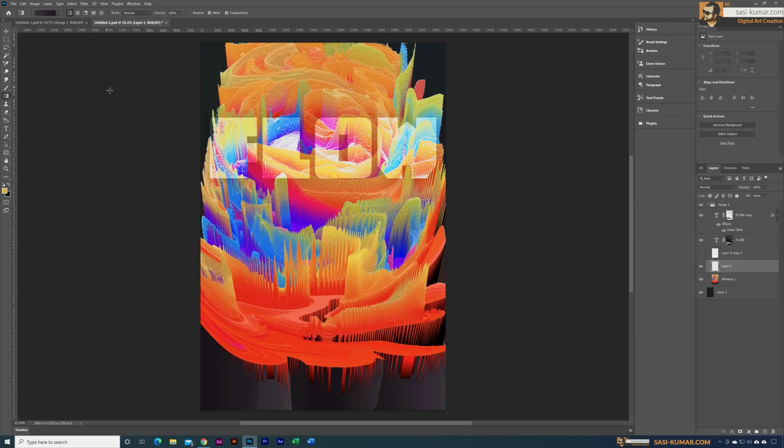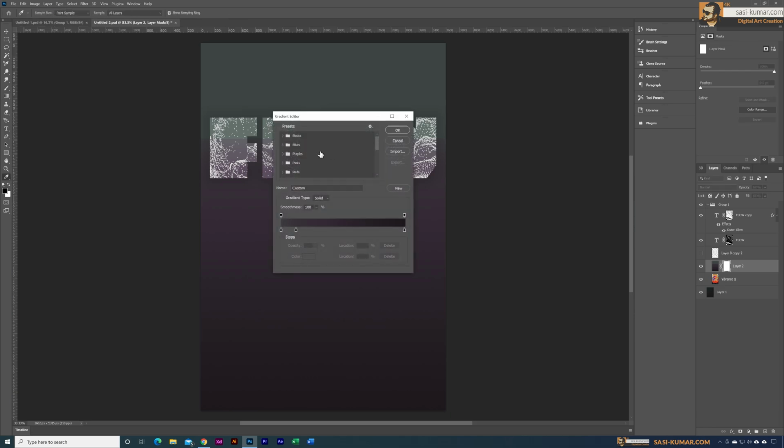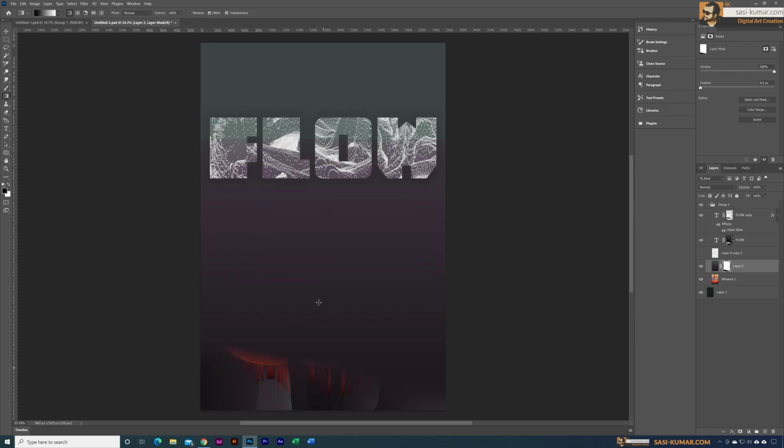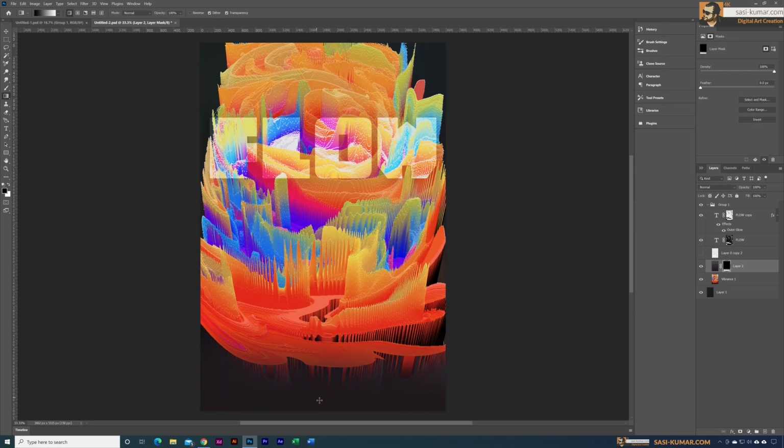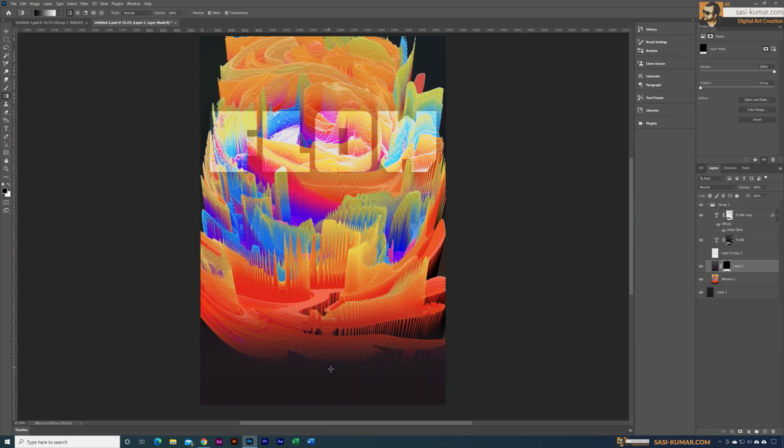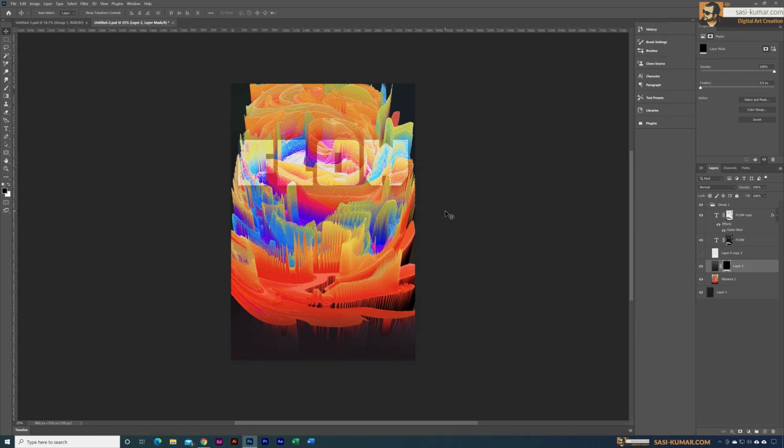Lastly, I applied the same gradient to the entire artwork in a new layer on top of the colorful 3D layer and applied a mask for the opacity so that the bottom portion blends nicely with our background. As I said, I had multiple copies of this poster design, and for this poster design I